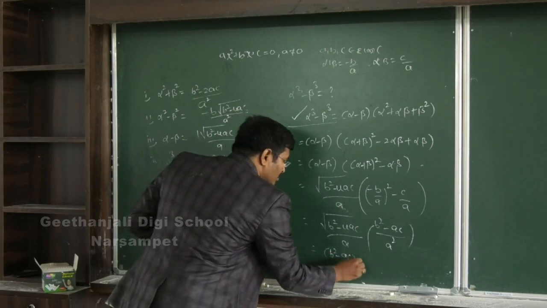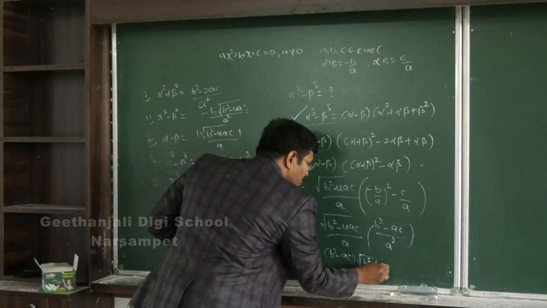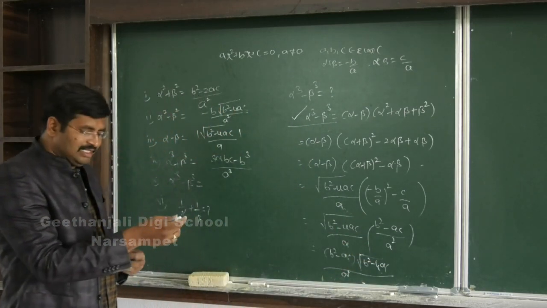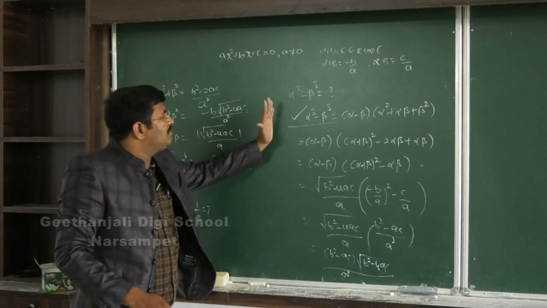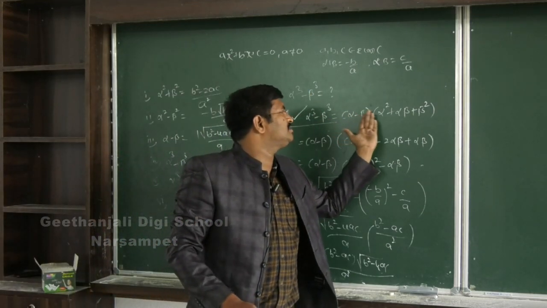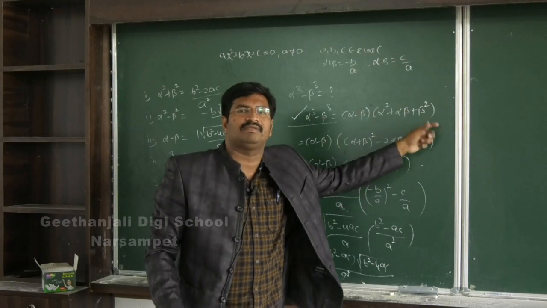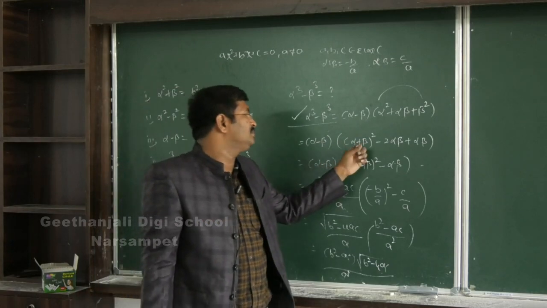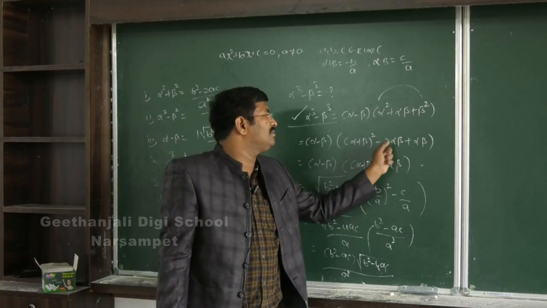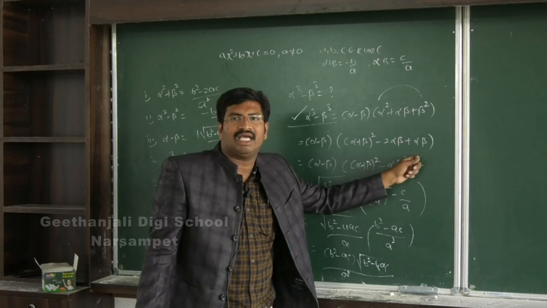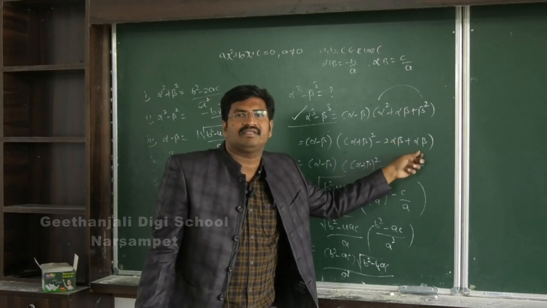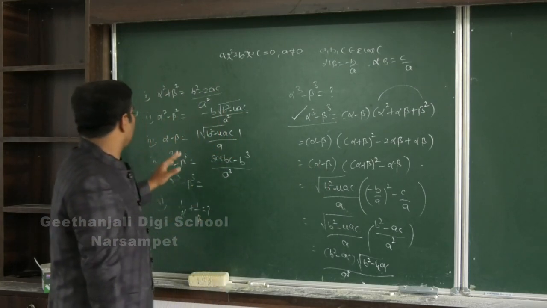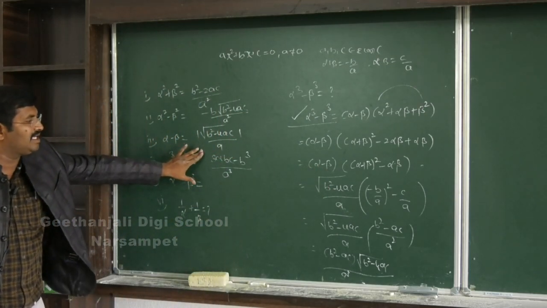That is equal to b square minus ac into root of b square minus 4ac by a cube, which is nothing but alpha cube minus beta cube. Simply, alpha cube minus beta cube is alpha minus beta into alpha square plus alpha beta plus beta square. Again, this one you have to express in terms of alpha plus beta and alpha beta. Alpha plus beta whole square minus 2 alpha beta plus alpha beta, as usual, is equal to alpha plus beta whole square minus alpha beta. Alpha minus beta value you know already, root of b square minus 4ac by a.